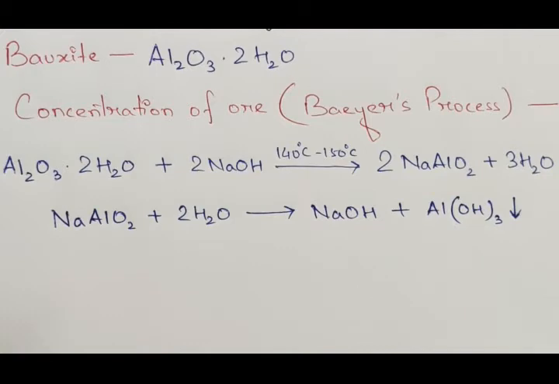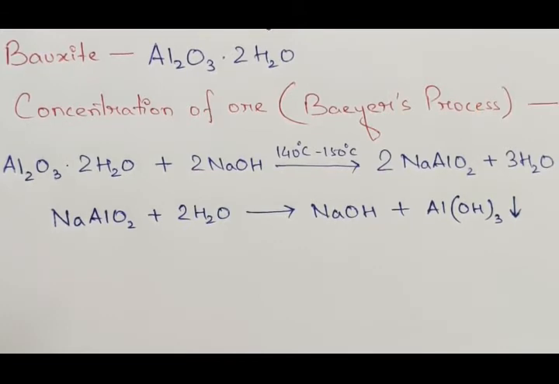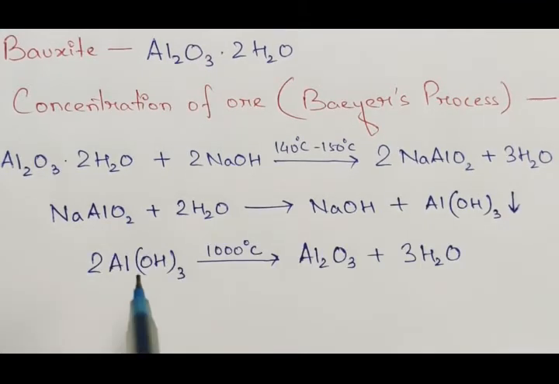Okay. And after drying that precipitate, we will ignite it at a very high temperature of around 1000 degrees Celsius to get alumina, that is aluminium oxide. So you can see here that on ignition of this precipitate, that is aluminium hydroxide, we have got alumina, that is Al2O3, aluminium oxide and water vapor. So this alumina is the oxide of aluminium, and now we need to reduce this oxide of aluminium to obtain the pure metallic aluminium. Okay.